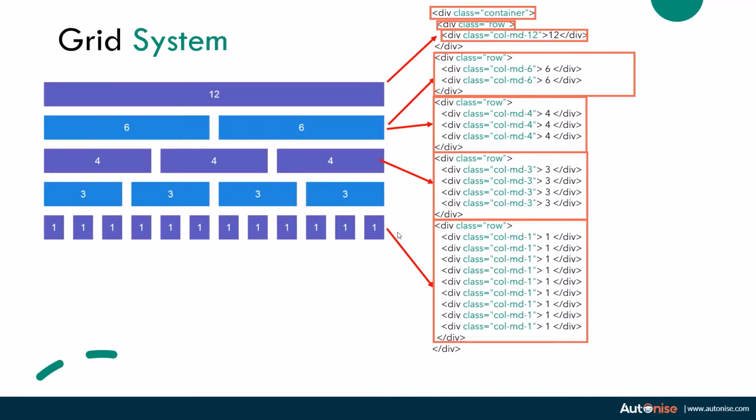So this is how you create a Bootstrap grid. You can have inside a column multiple rows as well, and inside each row you can have multiple columns as well. So you can have multiple grids inside each grid and create as complex a structure as you want to. So this is it regarding understanding the grid system.